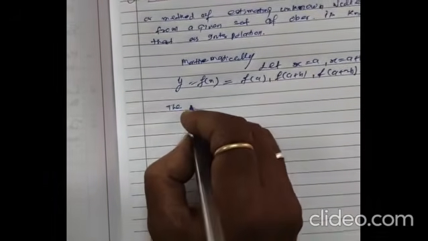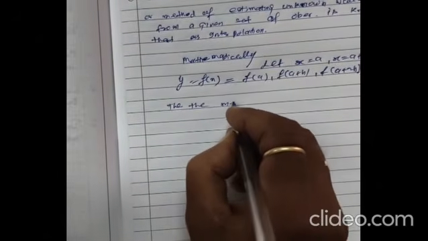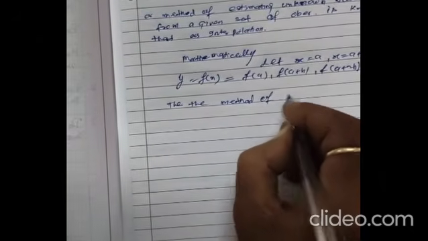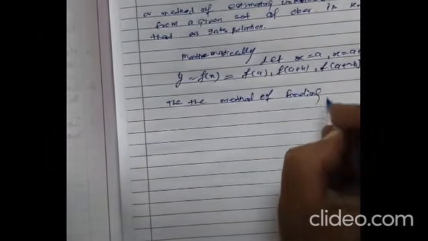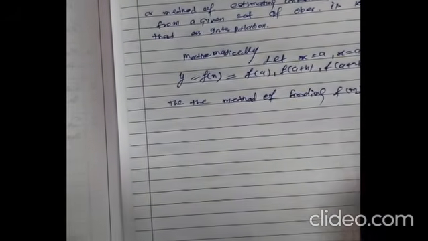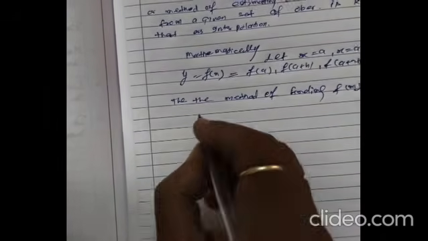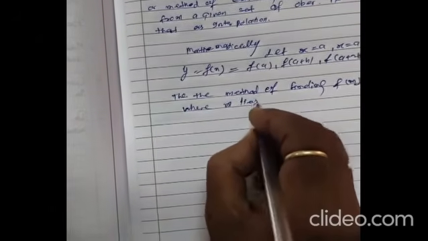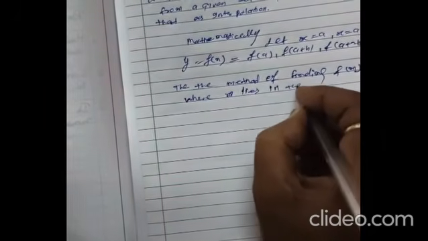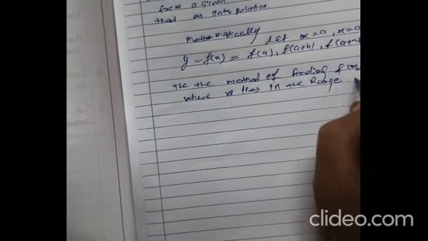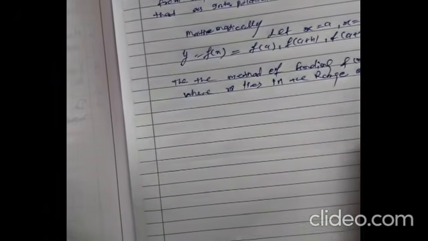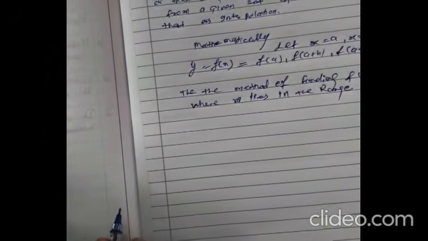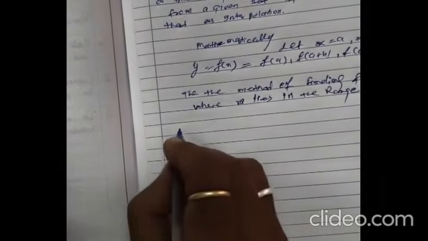Then the method of finding function of x for x lying in the range a to a plus nh is interpolation. एक छोटा सा एग्जाम्पल,